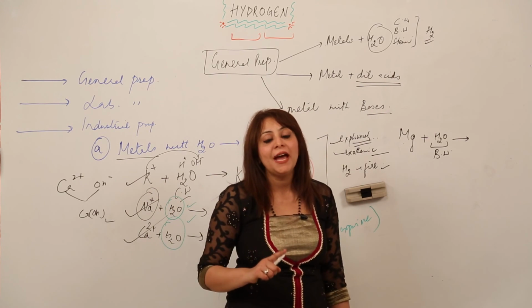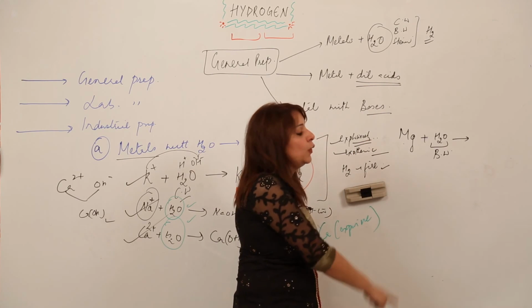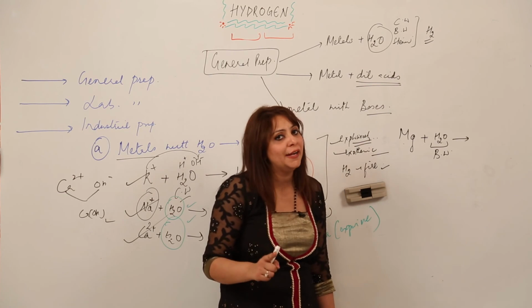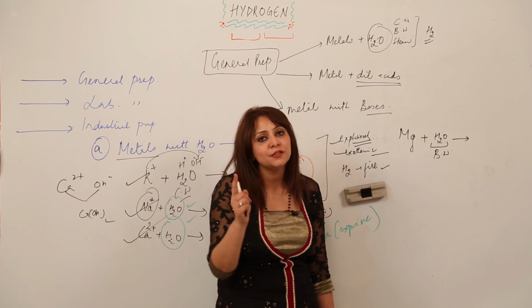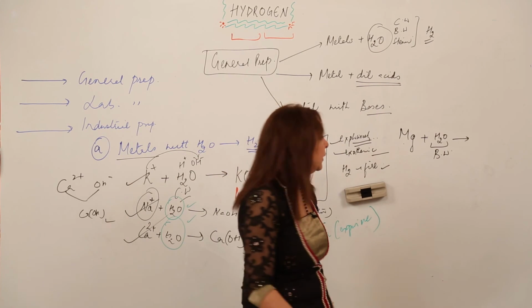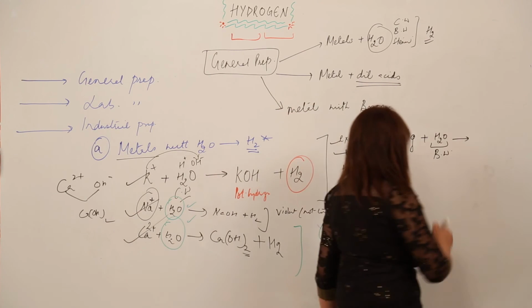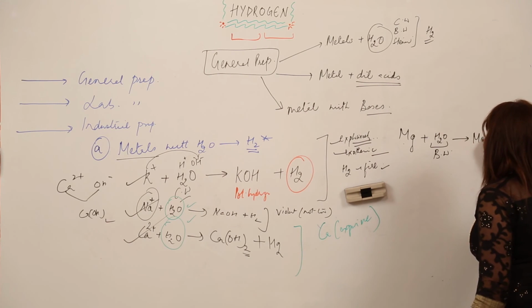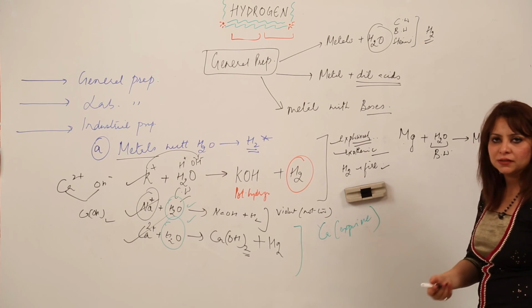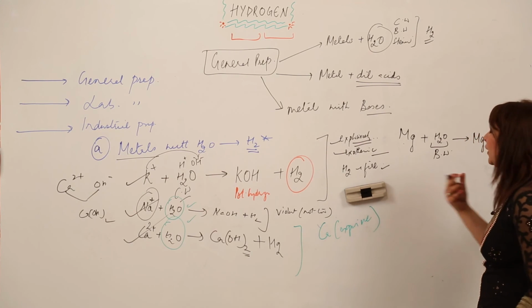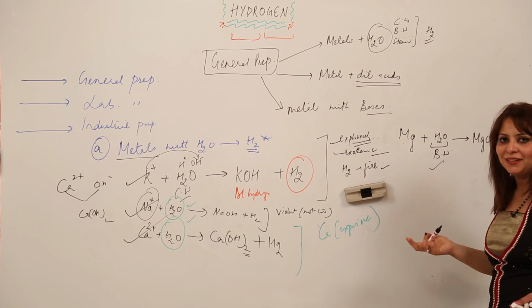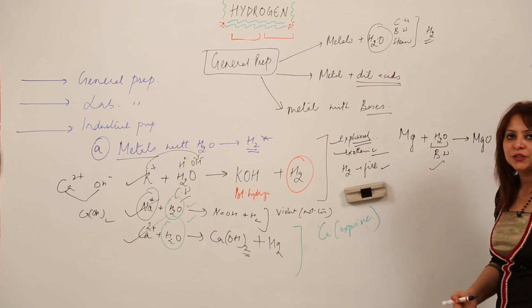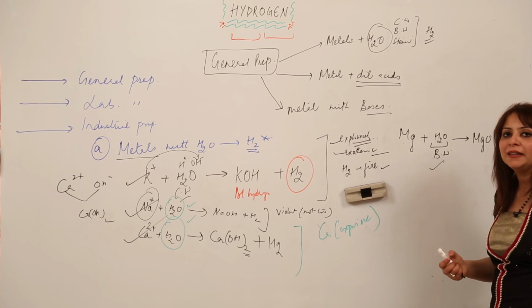Whenever an element reacts with boiling water or steam, it does not form hydroxides. It forms hydrogen, but not hydroxide. Instead of hydroxide, it forms the oxides. So similarly, magnesium will form magnesium oxide and H2. So this reaction is a good one, because the only limitation is that we need to boil the water. That's not a big deal, right? So it can serve as a good method for